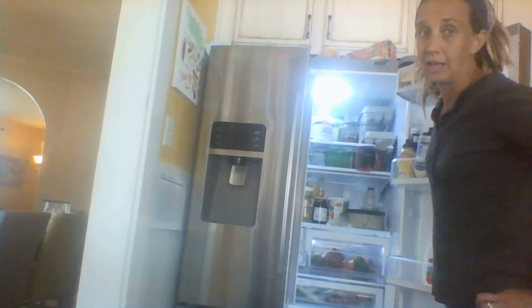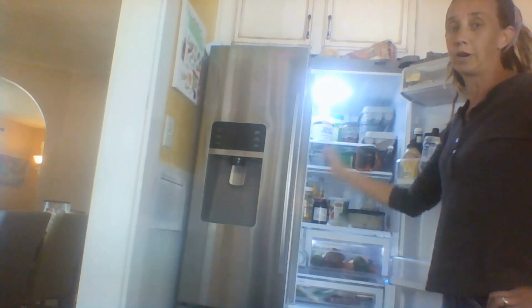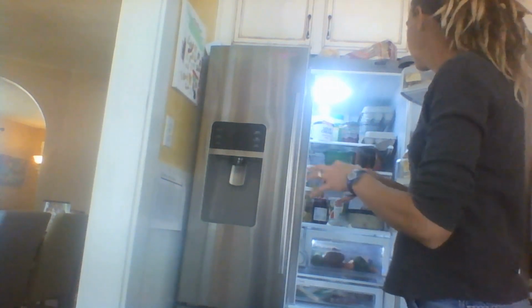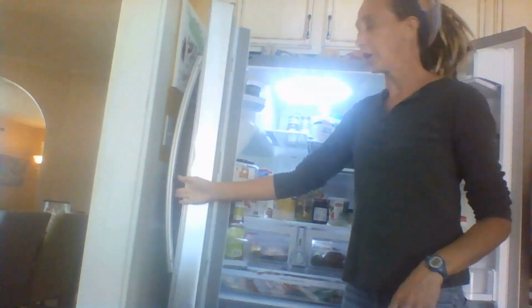My big problem with the fridge is I'm pretty much too lazy to ever put things back where they belong, so I end up throwing it in there and then just having to reorganize once in a while. But the other problem is, as with most things, there's just not always a great place to put it, and nothing ever fits quite right, and you end up just shoving it, and now with this bottom drawer being jammed,